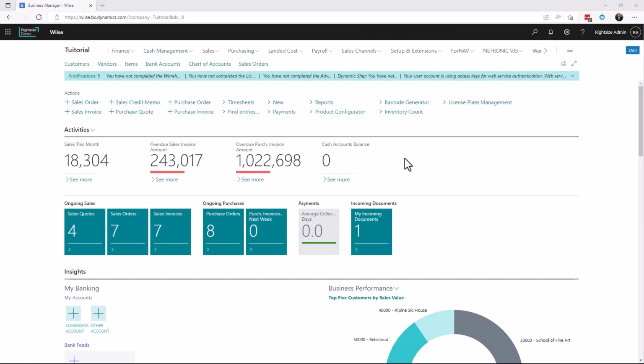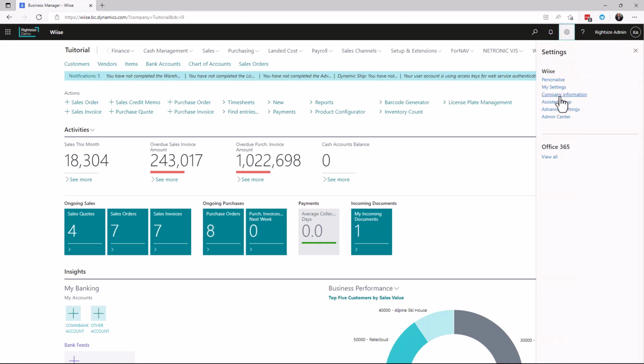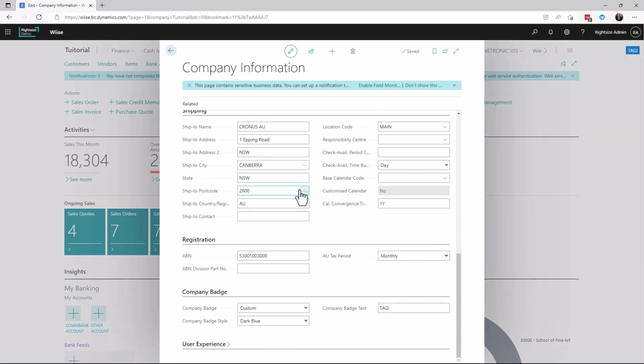In Business Central, you have the ability to add a company identifier to each company, which sits in your top right hand corner. You'll see here I've added a tag, and it is blue. To change this, we go to company information. Scroll right to the footer, right down the bottom, and you can see the company badge is custom, and the